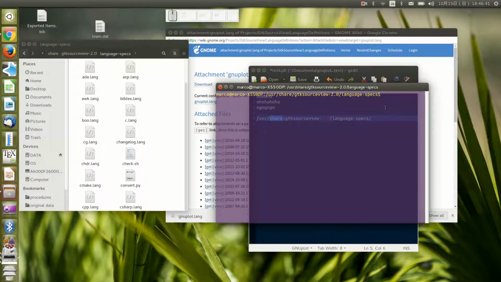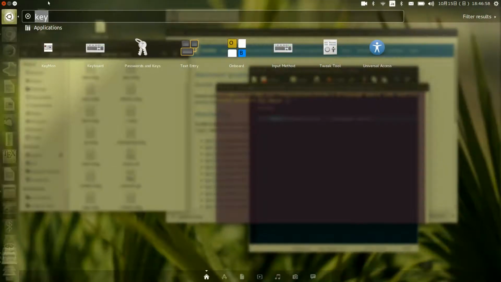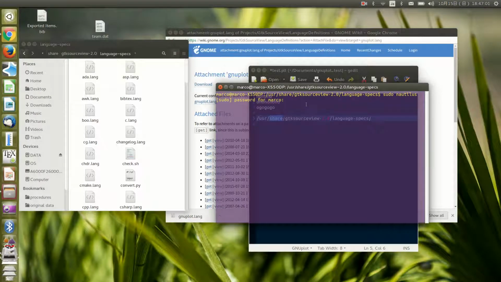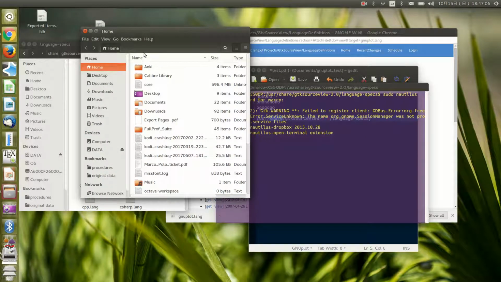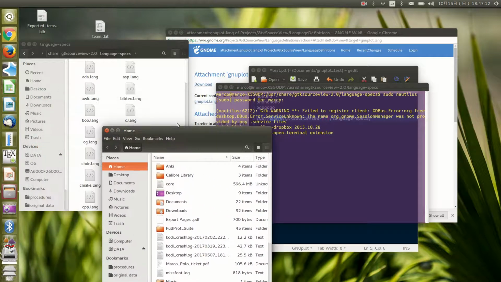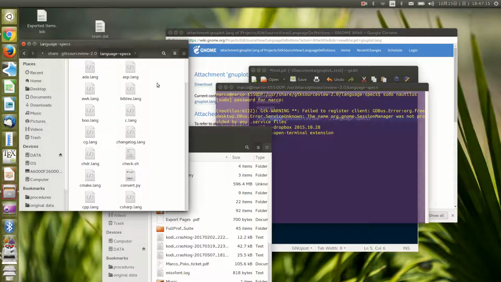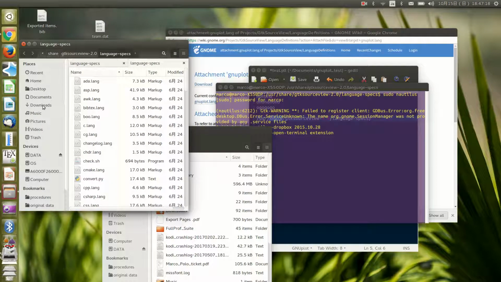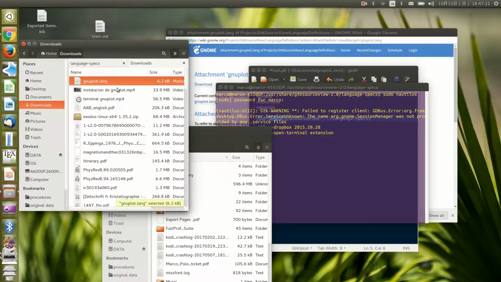So you need to open a window of Nautilus with rights. So you need to type sudo nautilus. It will ask for a password. And now it opens a window of Nautilus with rights. If this does not have rights, if we want to paste something here, like downloads,